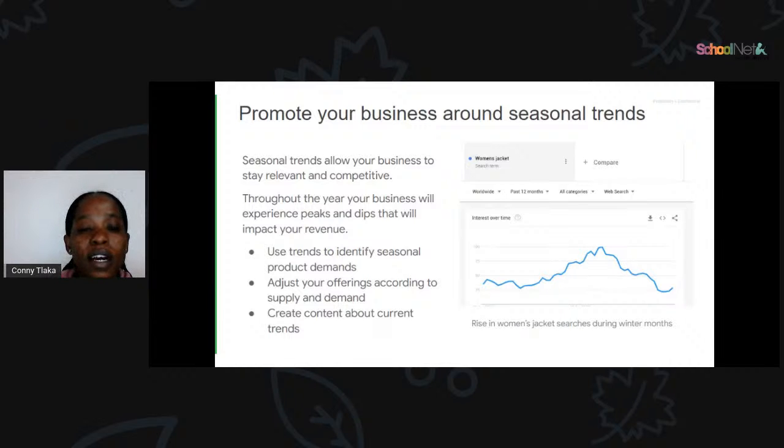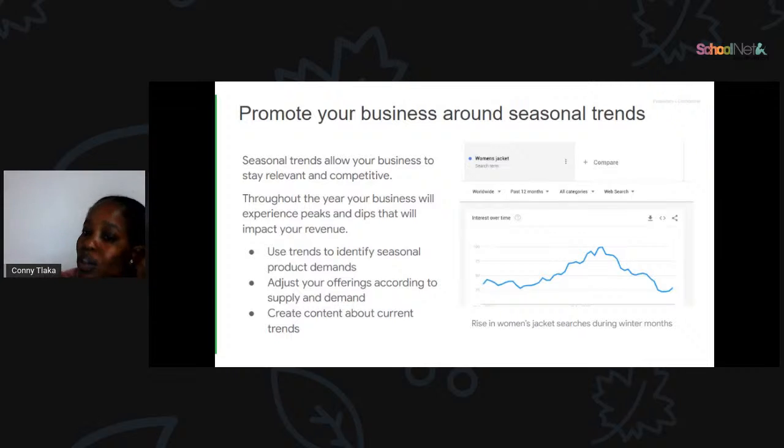That's where you can see that during winter, mostly you're gonna buy a big jacket because of the weather. But when it comes to summer, people won't buy more jackets, so they'll go for summer clothes.